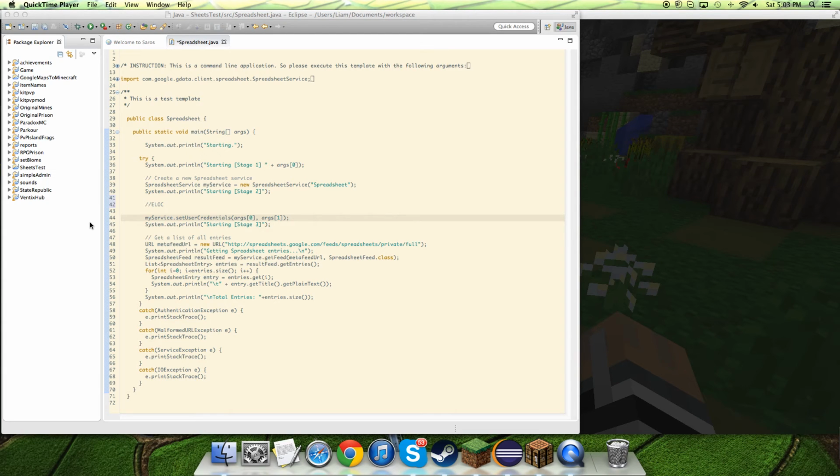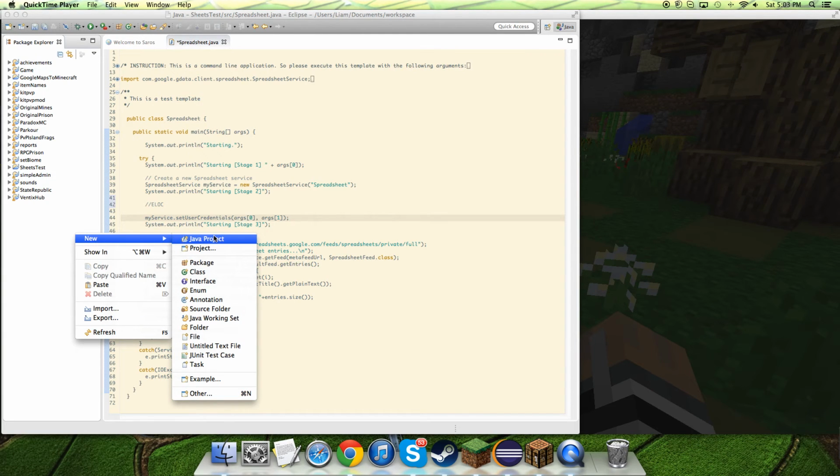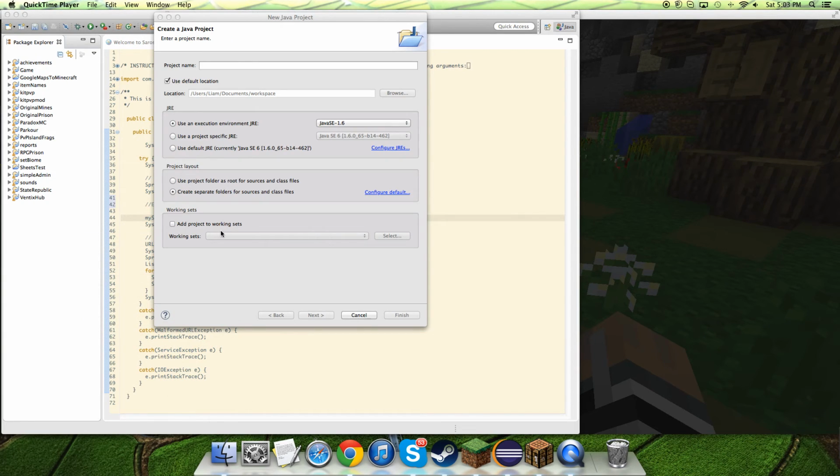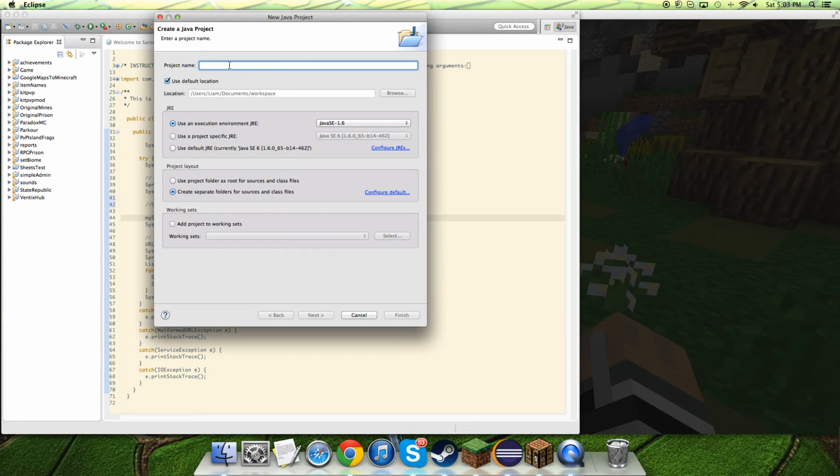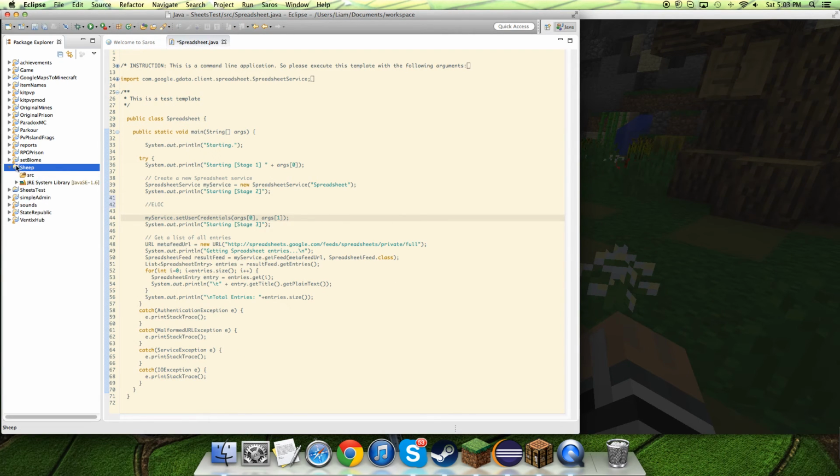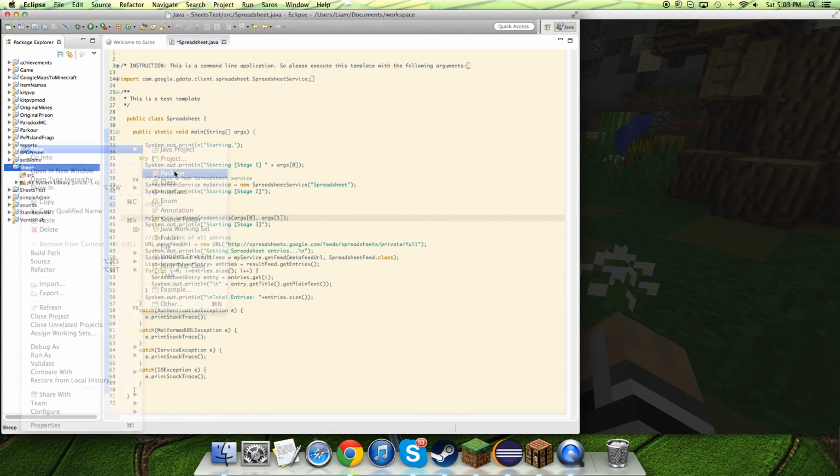I guess what we're going to do today. So it's actually pretty simple. Let's start by making a new Java project. I'll just call it sheep, and create it. And do new package